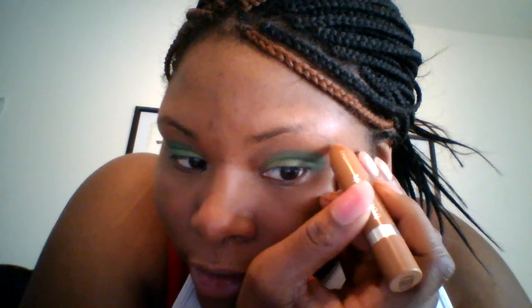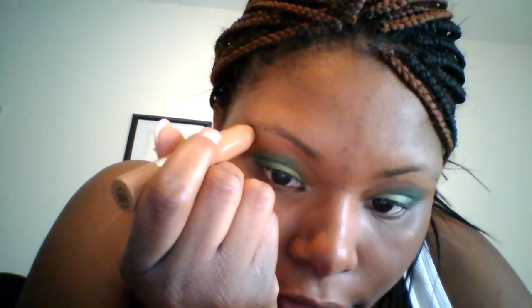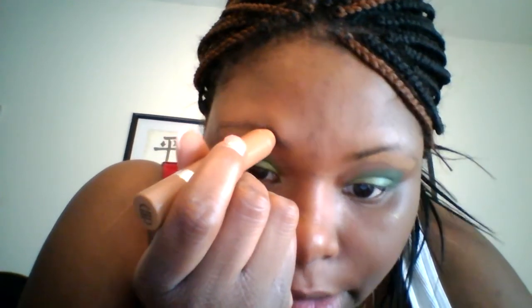Alright, so now I want to highlight my brow. So I'm going to draw right up under the eyebrow that I drew. I'm going to go like that, and I'm going to take that same concealer I used to highlight my face, and use it to highlight my brows. And it looks crazy at first until I actually blend it in. So it looks like that. And